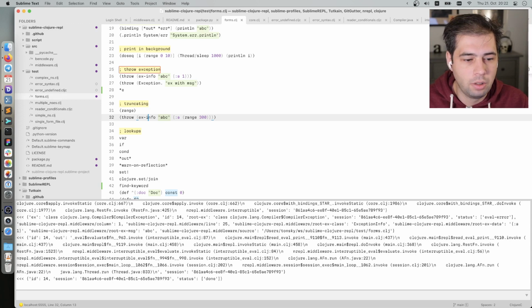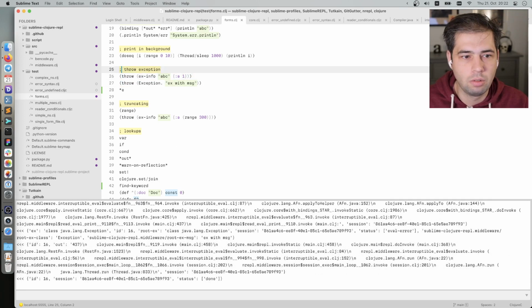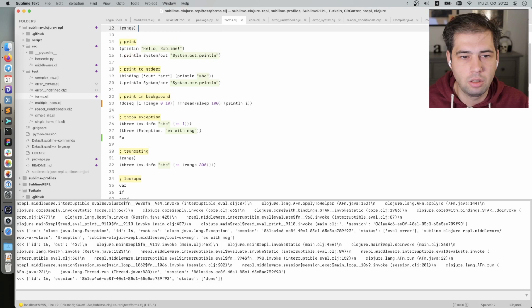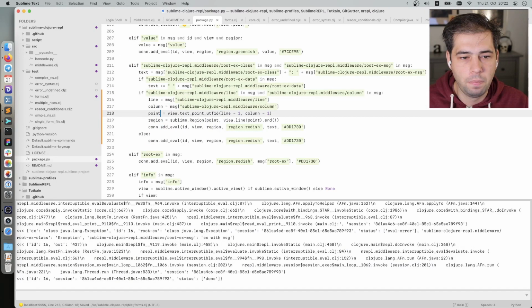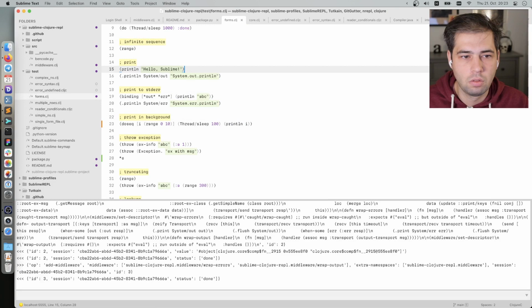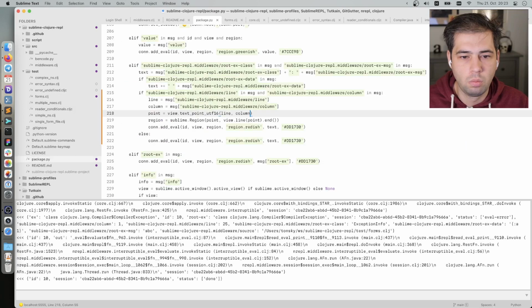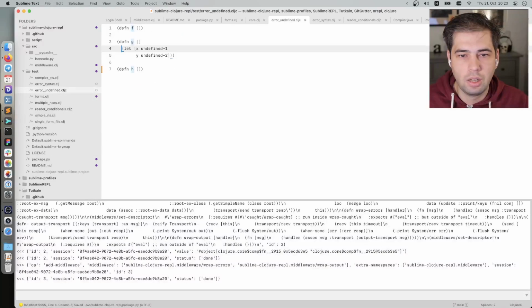Here, for example, it missed the line. Actually, wait, what? So instead of going for this line, it went for different lines. Probably, let me make it like this. So maybe I shouldn't. Boom. I assume